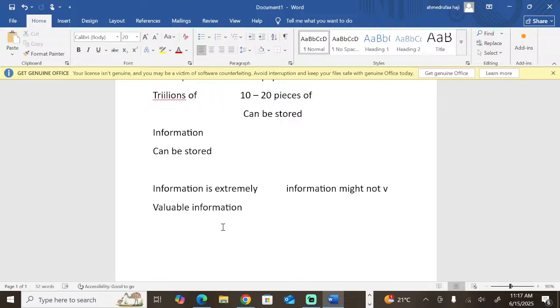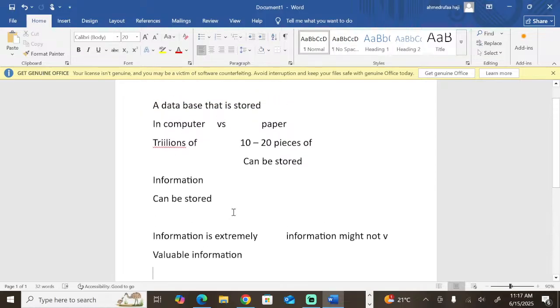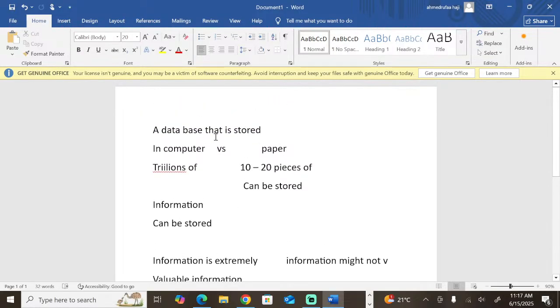All right, so if you look at this carefully, which one is better? Is storing a database on paper better, or storing it in a computer better? You will come to the conclusion that storing in a computer is much better. The first reason is that it can store trillions of pieces of information. On a paper, you can cut a paper and only store 10 to 20 pieces of